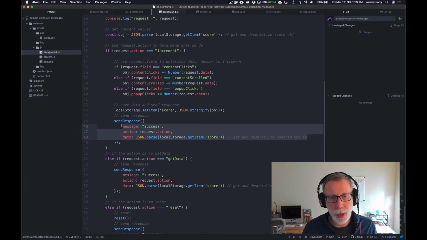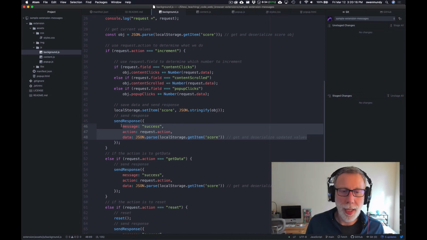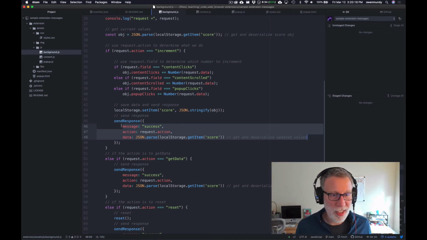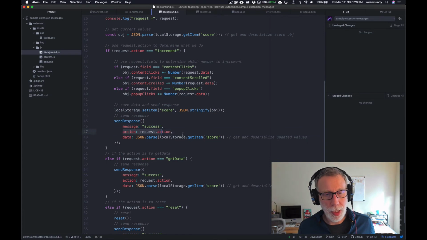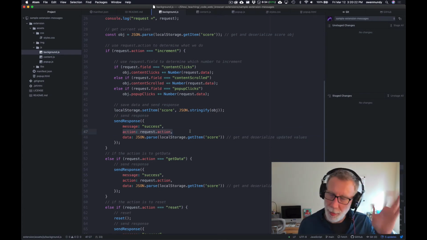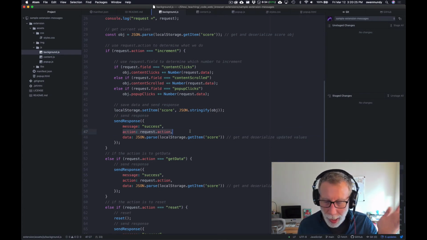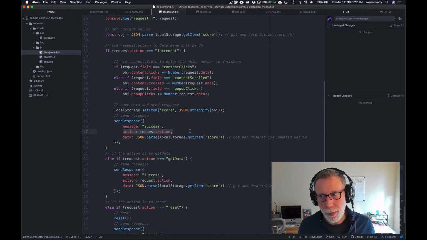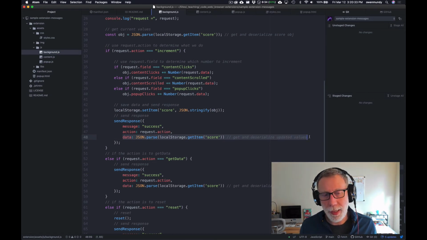I want to tell the sender, which is either the pop-up or the content script, that the action was successful. I want to remind them what the action was, kind of thinking about it like it's an API, so I can keep track of what the action was that was successful,